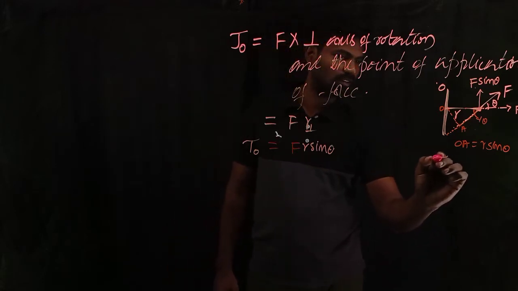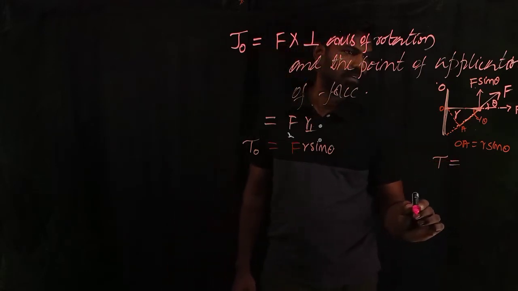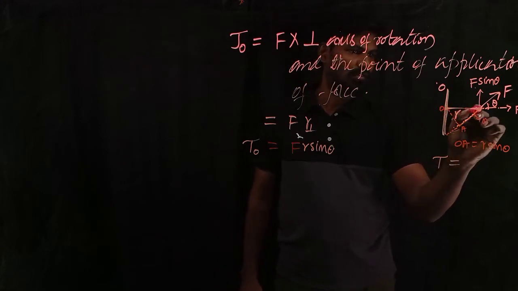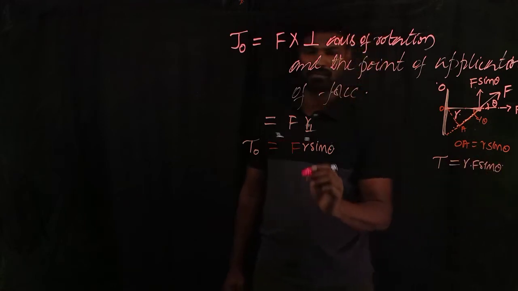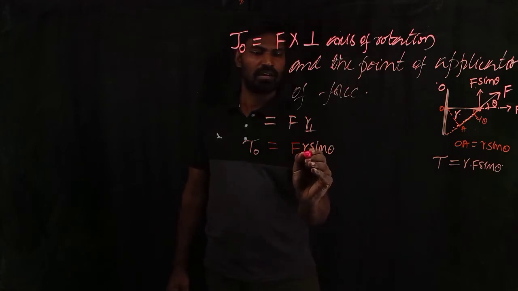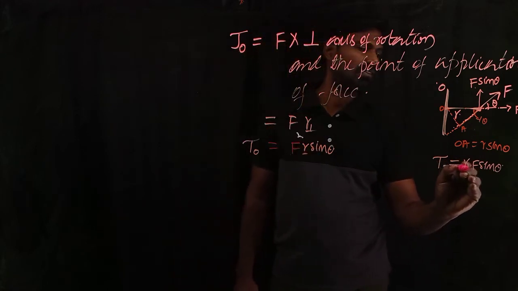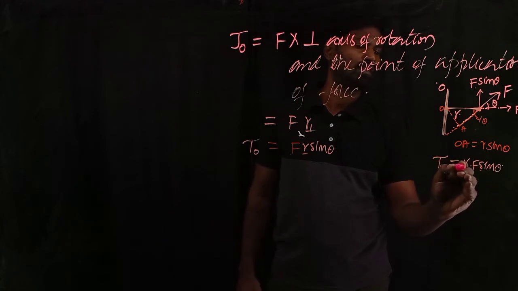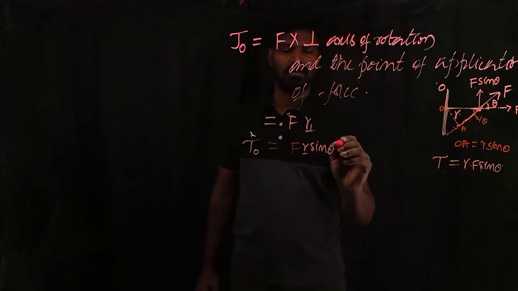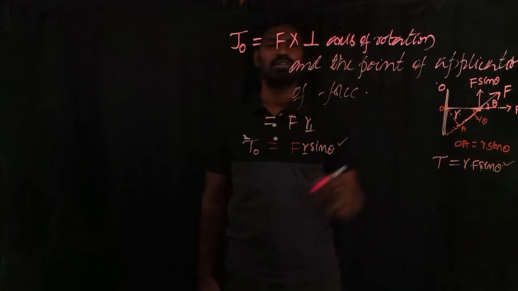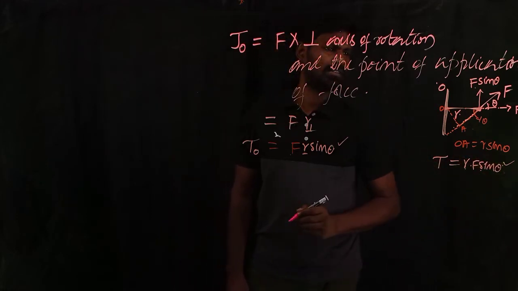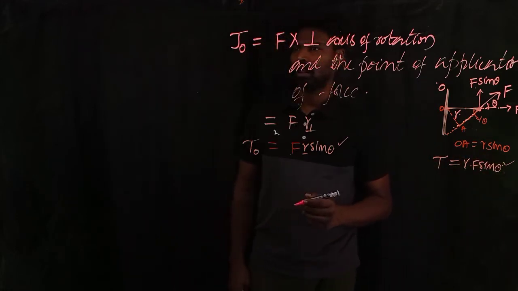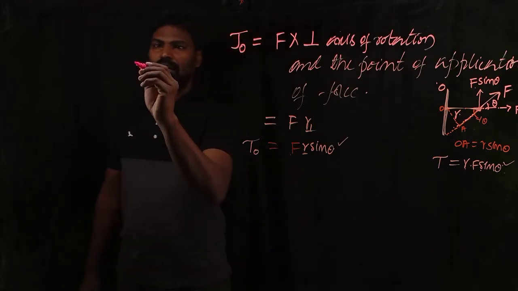Alternatively, you can write this torque tau as the perpendicular distance, that is R, into the force which is causing torque, that is F sine theta. Whether you write the length of the lever arm into force or the perpendicular component of force to the position vector, in both ways you will get the same answer. To understand this even better, I would like to consider a situation in which